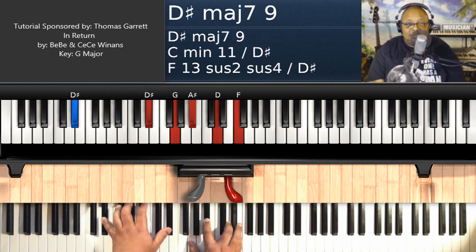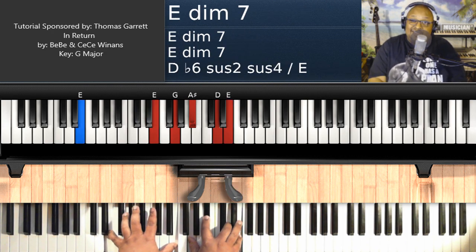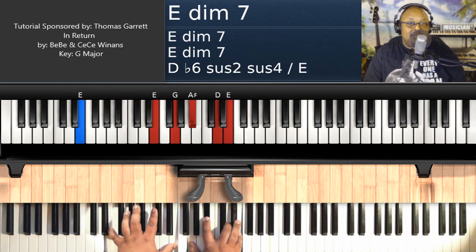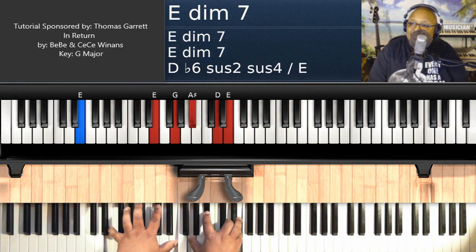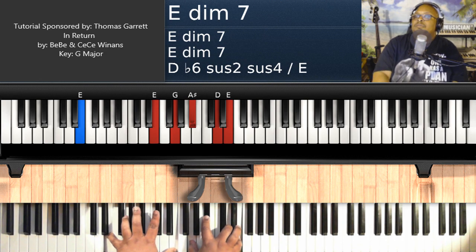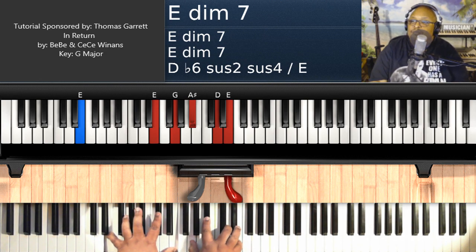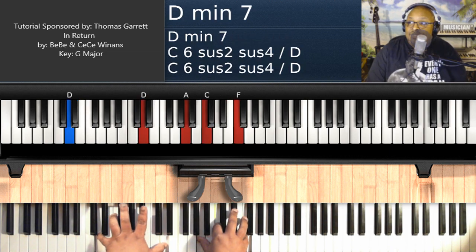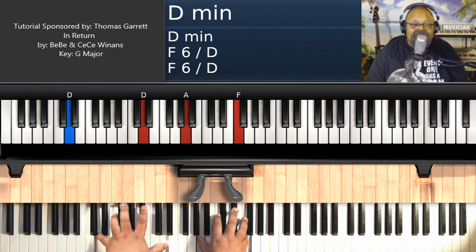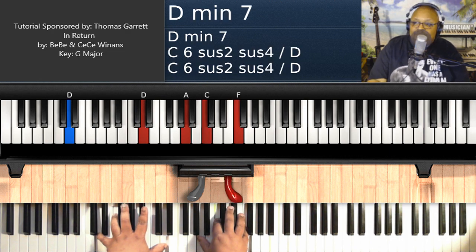Now your next chord is going to be, this is an E minor 7 flat 5, also known as half diminished. E on the left hand, G, A sharp, D, E on the right hand. You're going to hold that for four beats. Then you're going to move to D minor 7, D on the left hand, A, C, F on the right hand,